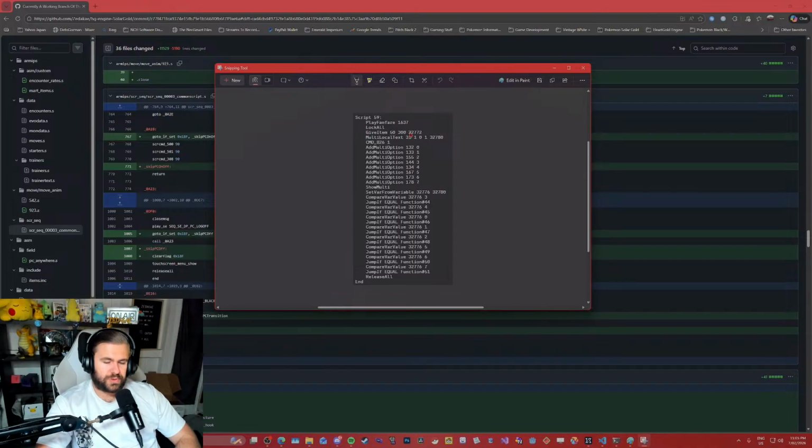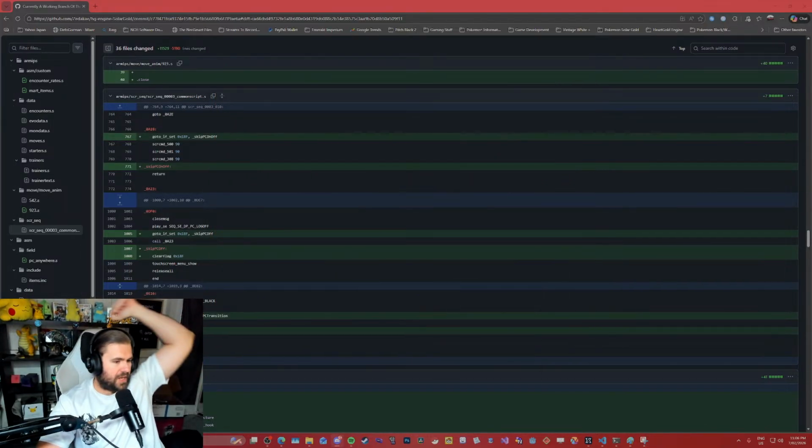Normally that is what you do to give the player an item, but then he basically runs a local text script, and then he gives a bunch of options from 0 to 7. Depending on what you pick, you must store them into a variable, and depending on what variable it is, it jumps to a different function, and it gives you the Pokemon or whatever, right? But what I'm saying is it's the same sort of concept. I just want to have a sub menu, and I just want to assign different things to it.